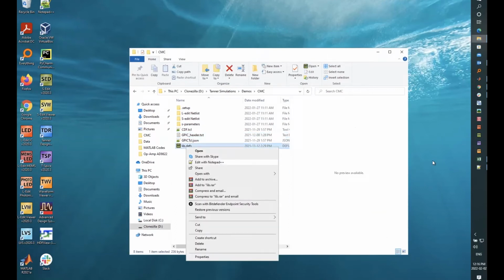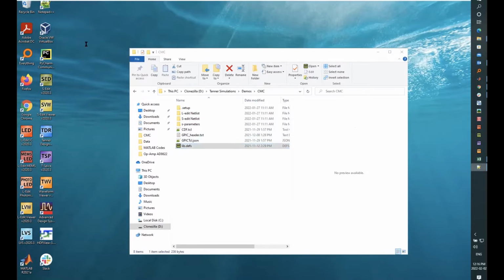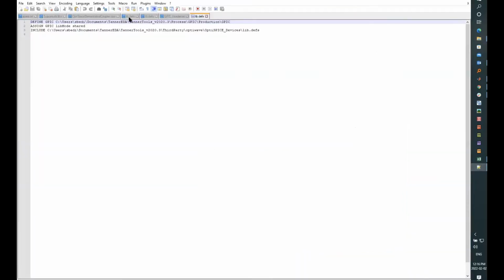If I just open and show it to you, this is the library definition file, and here we are defining the JPEG. So basically we have added the whole path for the JPEG library, which I just showed you, and the standard library, and then we assign that JPEG library. And then also we are including